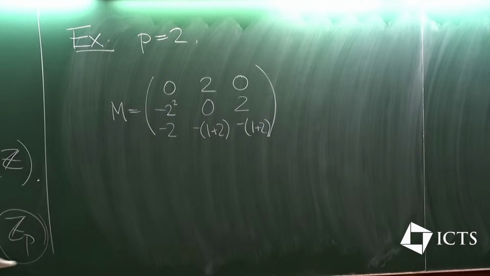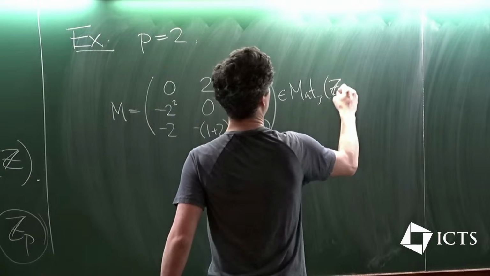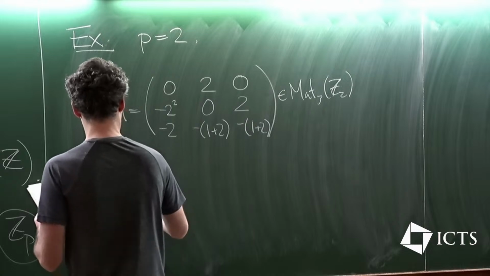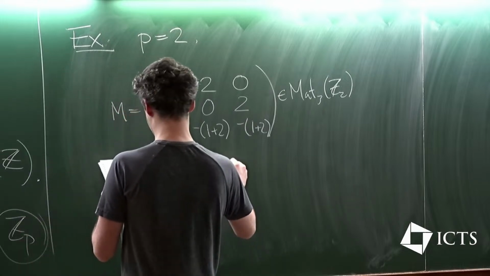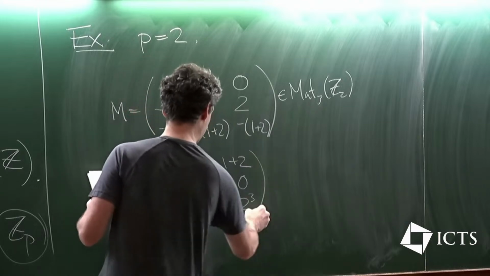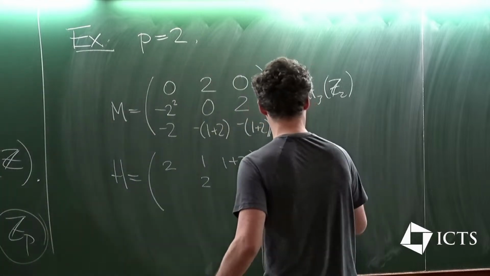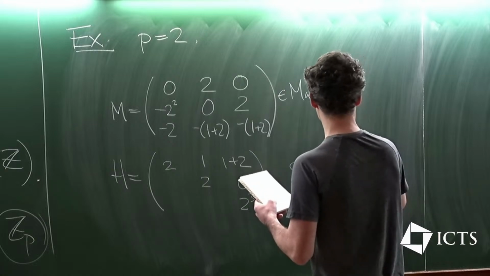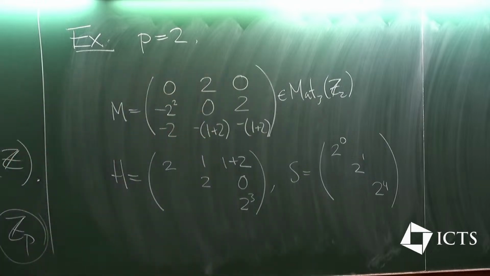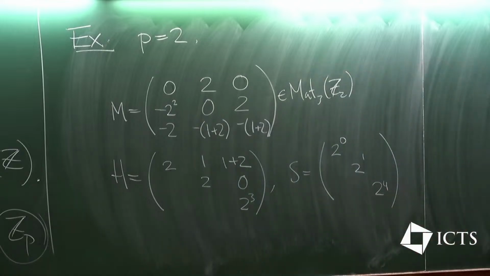Okay, so we have some p-adic matrix, and just for emphasis, this is Mat_3(Z_2). That Hermite form Sage claims is this. And then the Smith form, I'll write it like this, is 2 to the 0, 2 to the 1, and 2 to the 4. So in particular, it has determinant 32. Okay, 2 to the 5. And